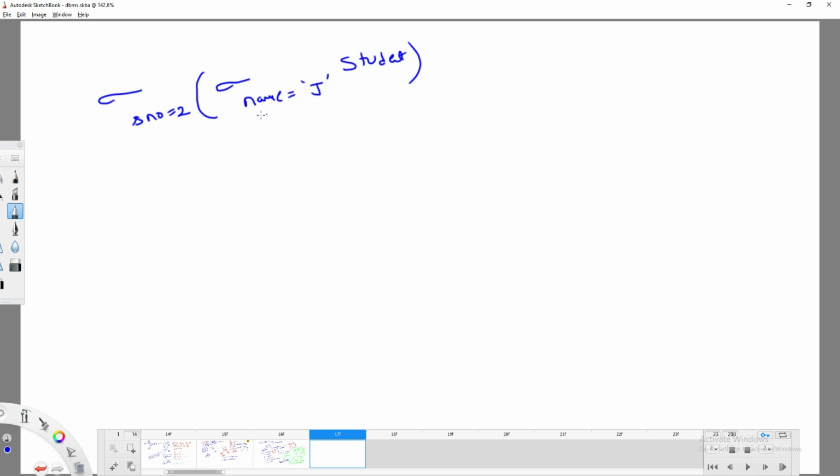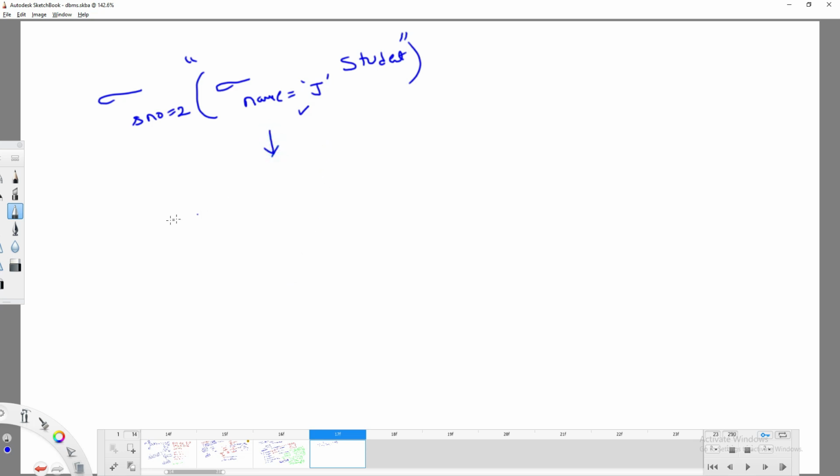So basically you are going to give priority, right? The inner branch is having the priority. I am trying to find out the students whose name is j. This particular thing is going to result in one new relation. On this relation, can I apply one more select operation? Yes, right? So here I am doing filtering of filtering. Filtering of filtering.